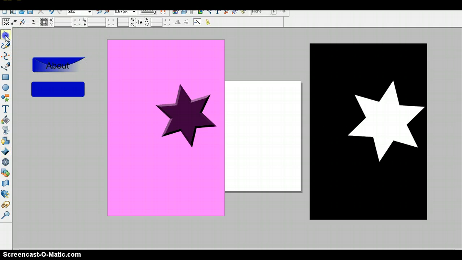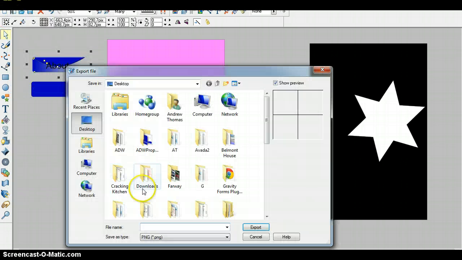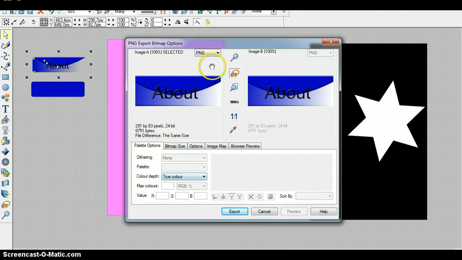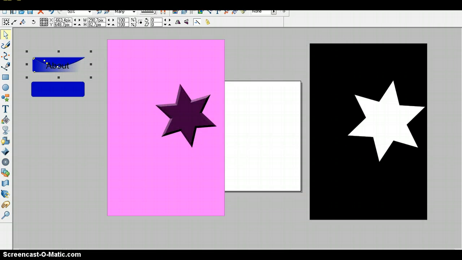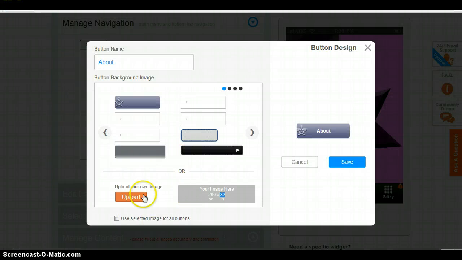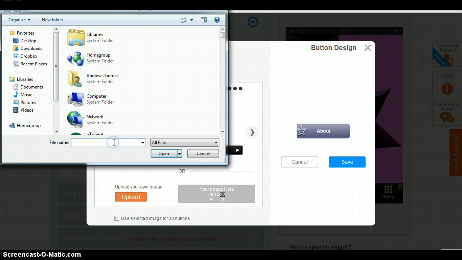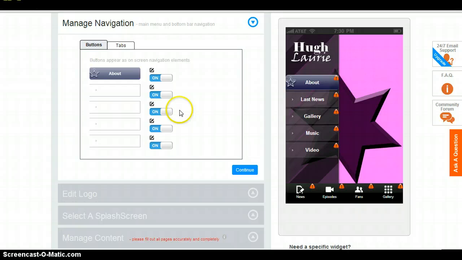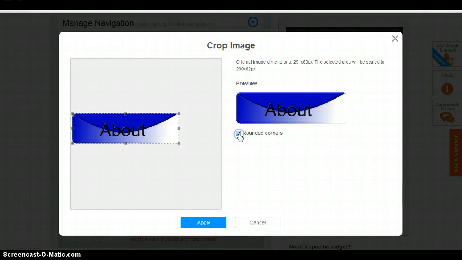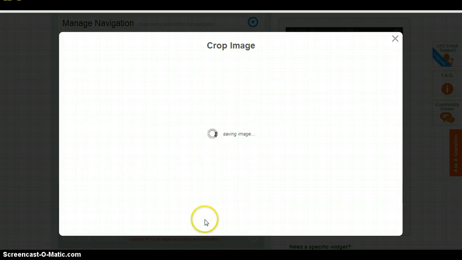Okay, that's quite cool. Draw around it, select, file, export. I'm going to call this about. Call it the same thing. True color, PNG, export. Same process. Back into Xara, upload, about. I've got rounded corners anyway, but I'm going to tick that, otherwise I get a square edge. If you didn't see that, it'll just show that little edge. So round the corners, apply,